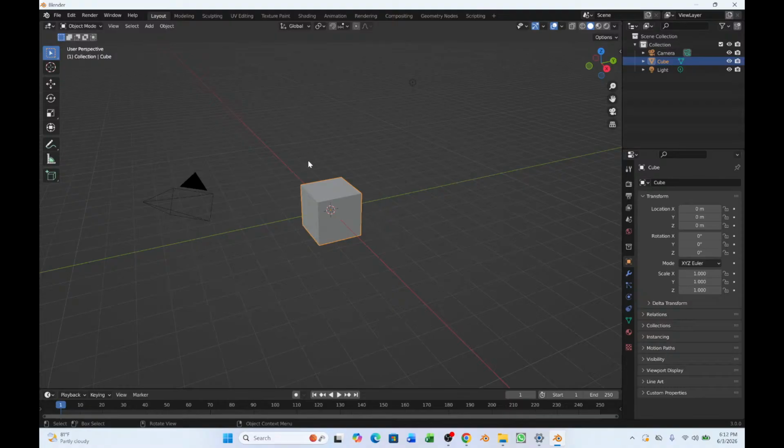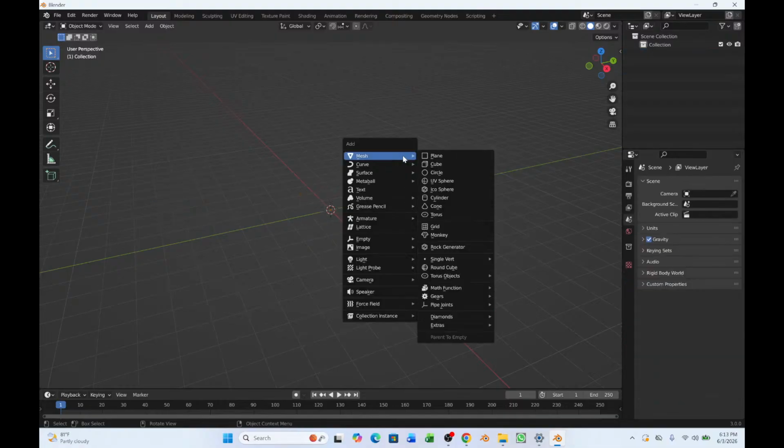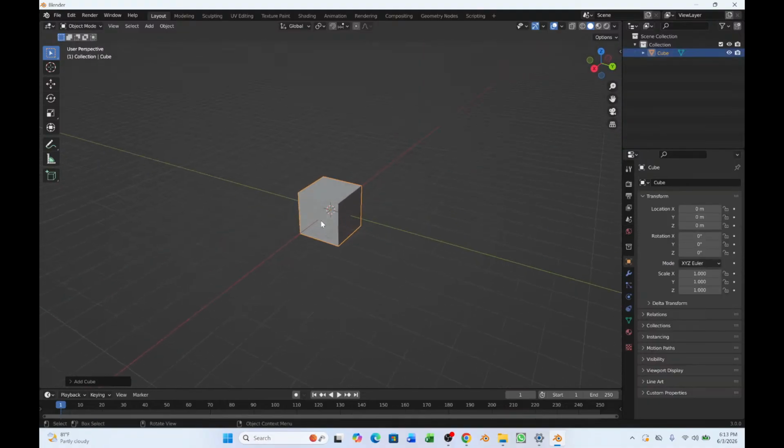This is my new tutorial on how to create a low poly model. So what we do is let's press A, X and delete everything. Shift A, mesh, cube. So we go to the edit mode,